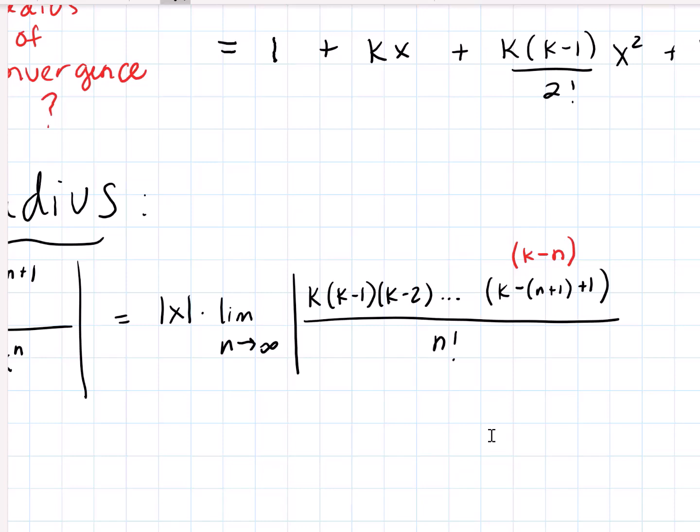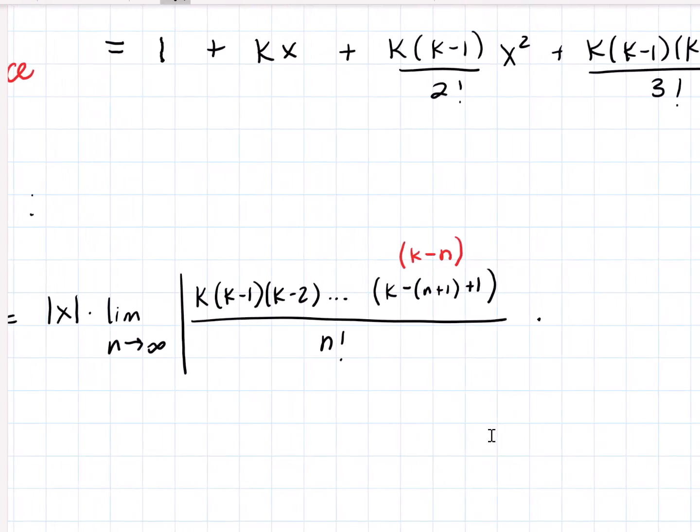I was looking ahead. And then on the other side, we have n factorial and then k times k minus 1 times k minus 2 out to k minus n plus 1